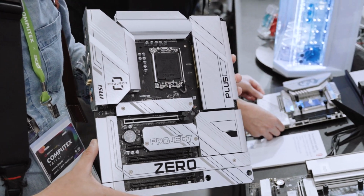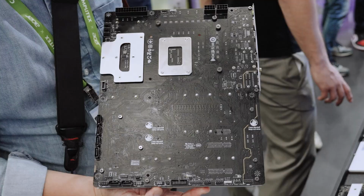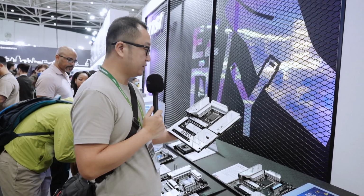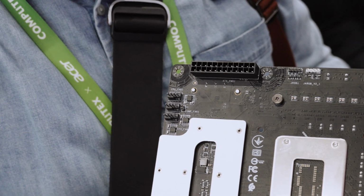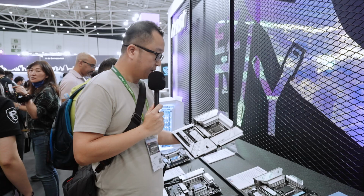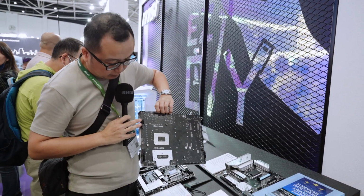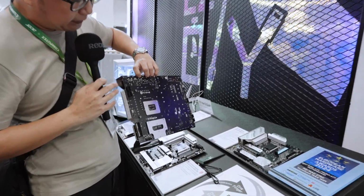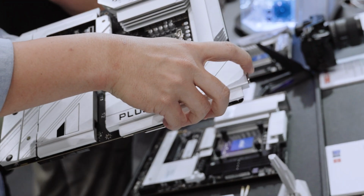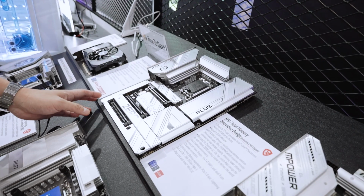Last year, if you remember, we did show the first Project Zero motherboard that comes with the AM5 socket. Now this year, they have released one with the LGA 1700 that supports Intel, obviously. And for those who don't know yet, Project Zero means zero cable in front. So all the cables are at the back to go through the PC so that it looks cleaner from the front. This new Project Zero board now supports CAMM2,